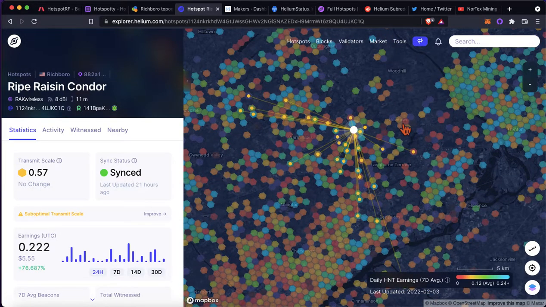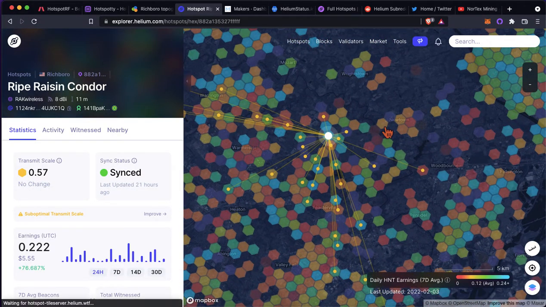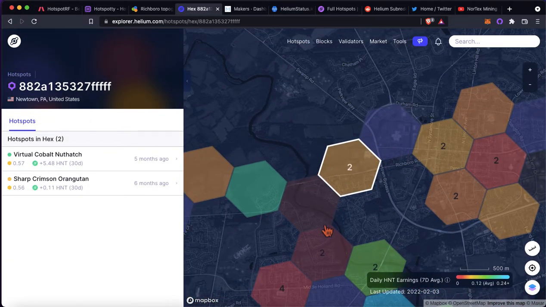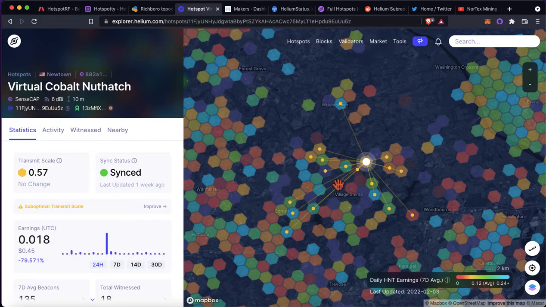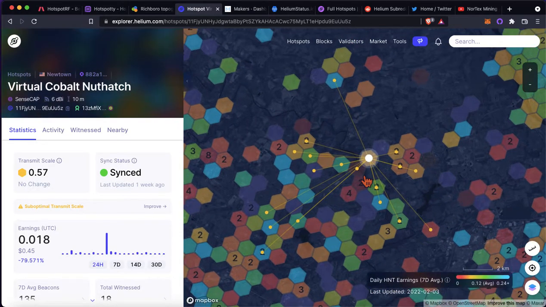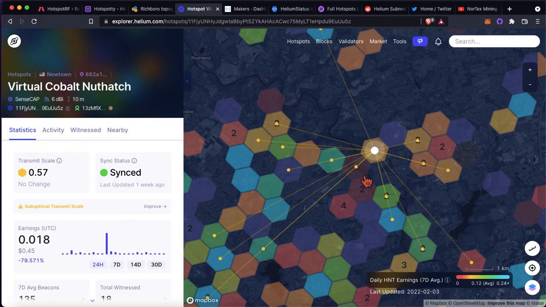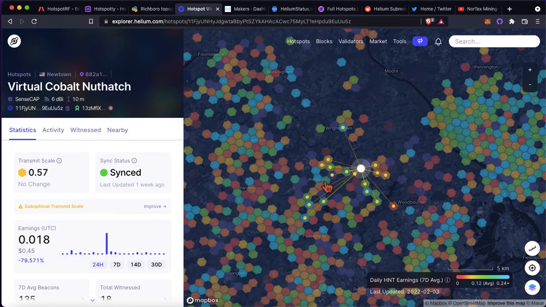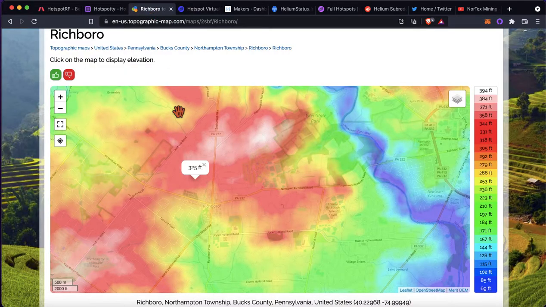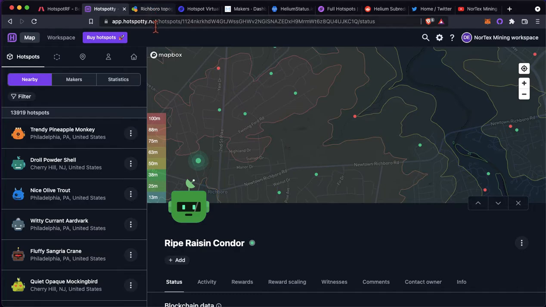And I'm not a history or geography teacher or anything, but anything close to water or rivers is definitely going to be lower elevation than anything else, right? Water finds the lowest point to run, and it goes. So if you or your viewers are at the low point, or really close to a river, or anybody really looking to optimize placement, I'd suggest looking at some sort of elevation maps, whether it's on Hotspotty,